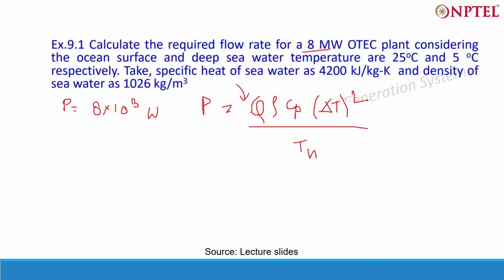Okay, calculate the required flow rate for an 8 megawatt OTEC plant, and now you can see from this formula that power produced is directly proportional to the square of the temperature difference, the thermal gradient. So now if you have got all the formulas, you know the value of Th is 25, and all the values should be in Kelvin. Okay, so 25 is 298 Kelvin. Similarly, del T is 25 minus 5 equal to 20. Okay,